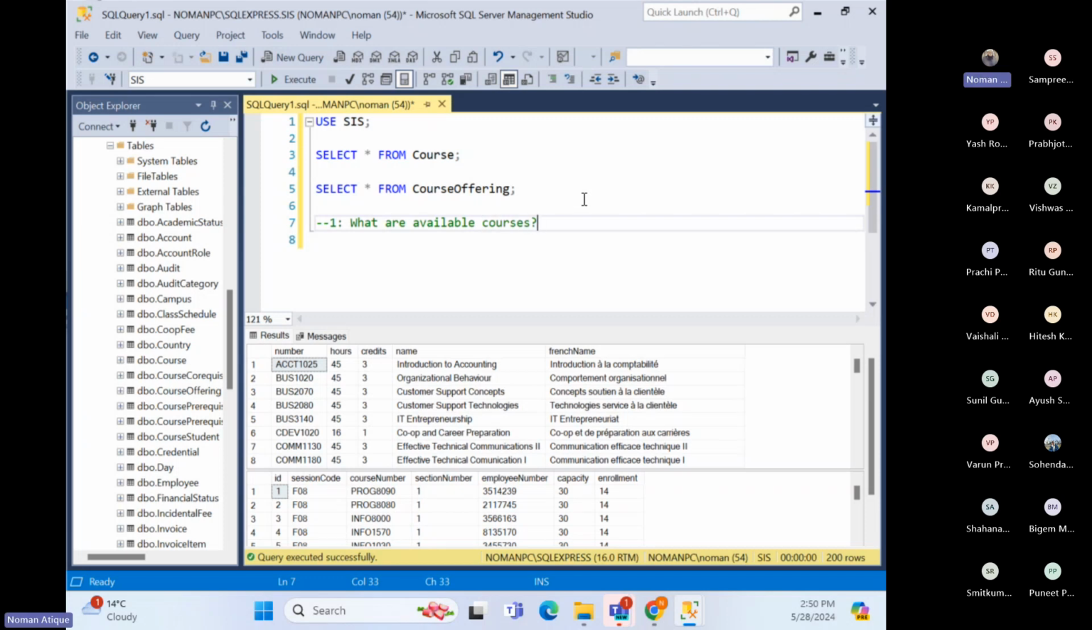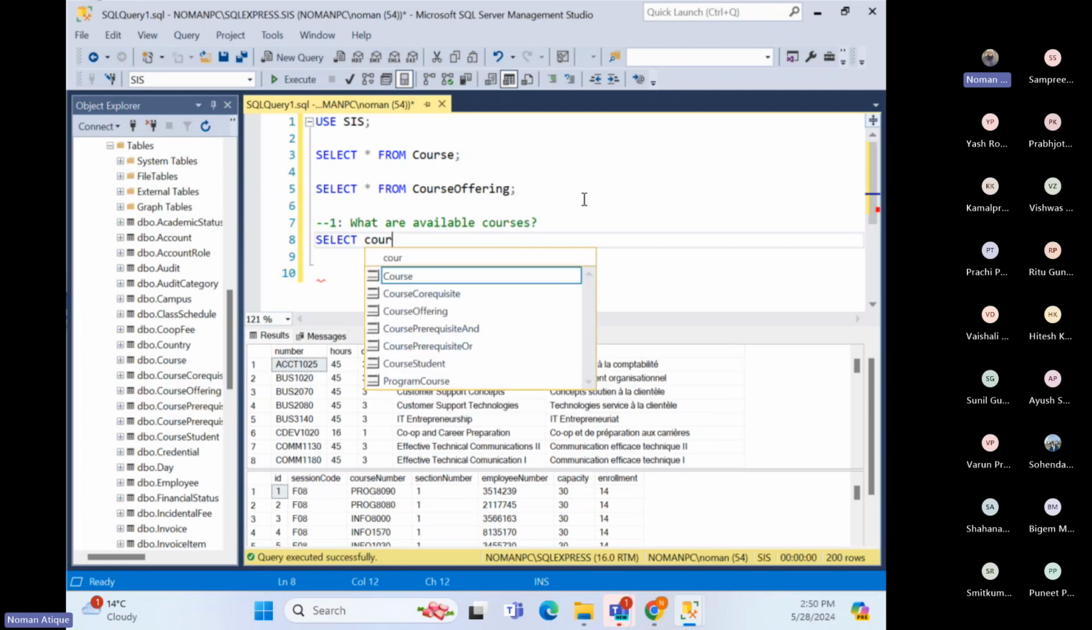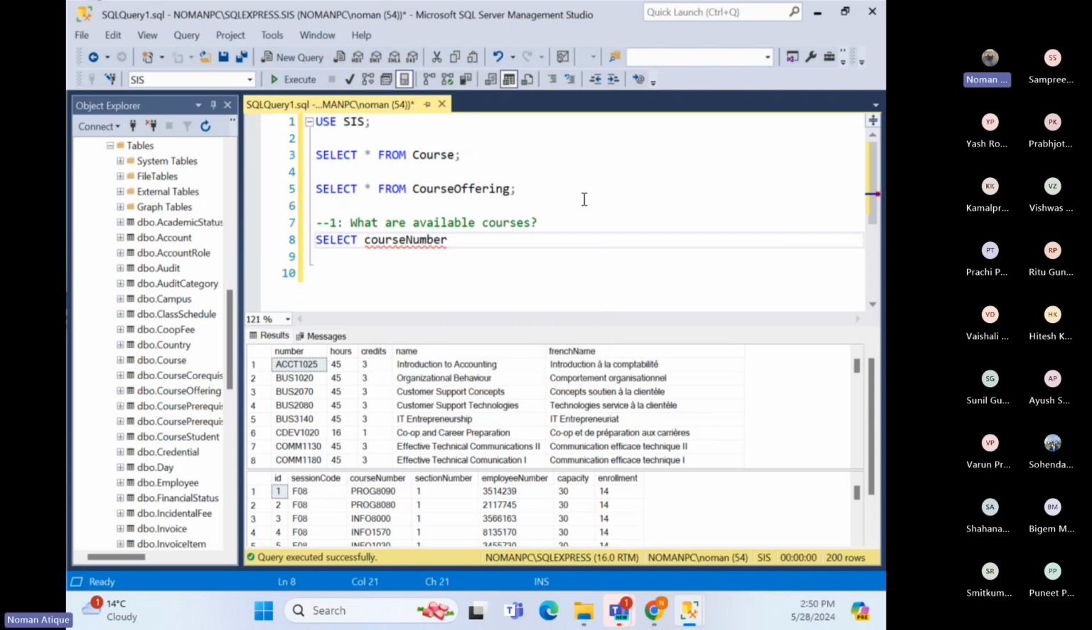What are the available courses that we have? So we are writing a query for that: what are the available courses. So I'll say select, and now again, course number. The course number is over here. If you look at that course number, which is a number maybe. So course number, and then comma,